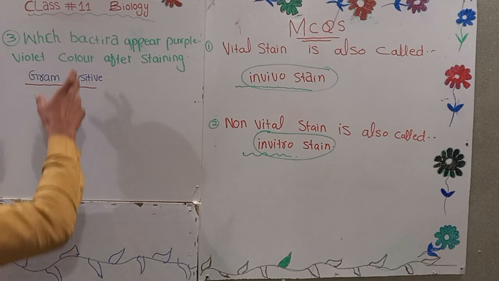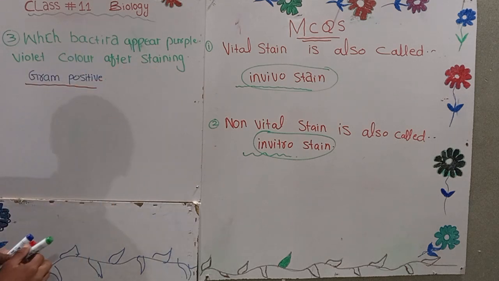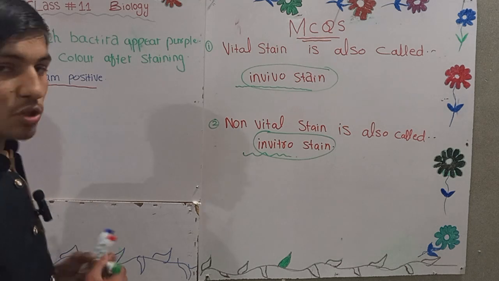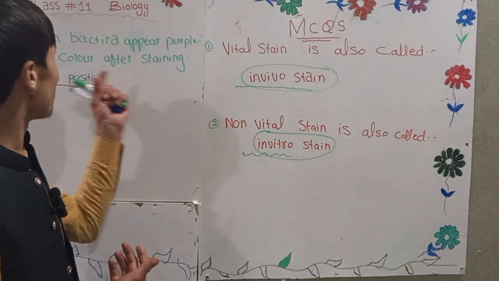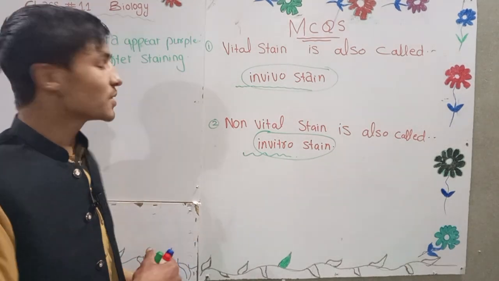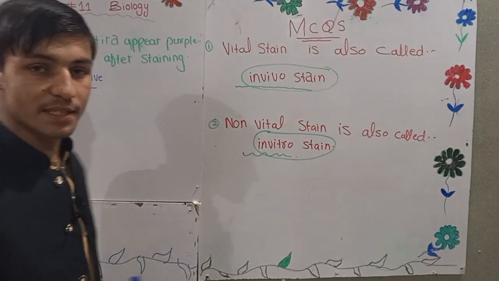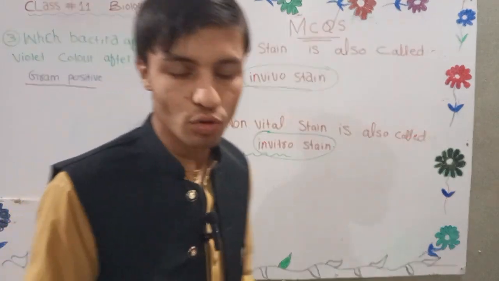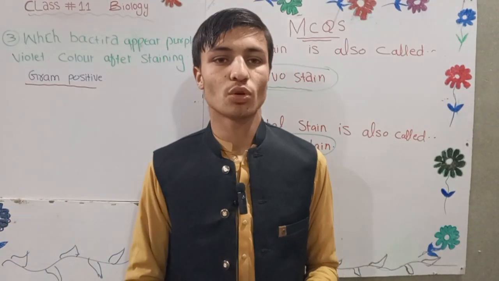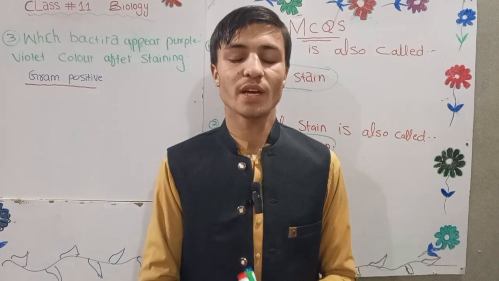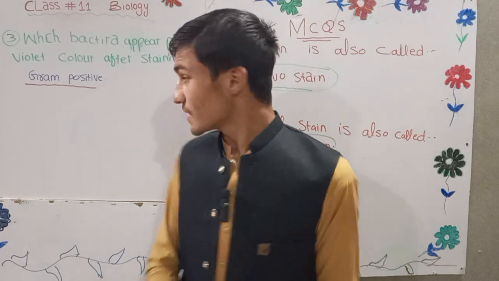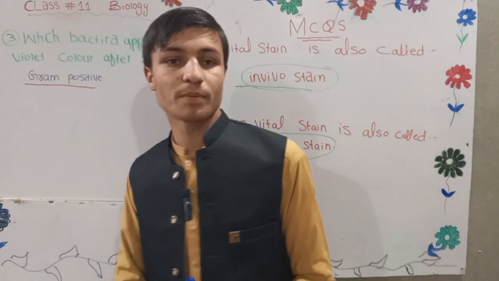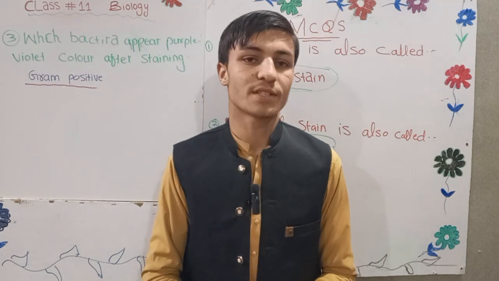MCQ number 3: which bacteria appear purple violet in color after staining? Gram-positive bacteria give us a purple violet color after staining, because they have more peptidoglycan as compared to gram-negative bacteria. Thanks for watching, and in the next video we will discuss the tissue culture process and the centrifugation process, inshallah,